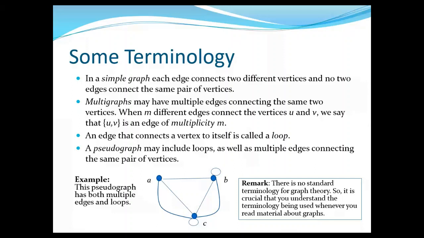Again, just a summary. Simple graph, we only have one connection, one edge between vertices. Multigraph, we have multiple edges between vertices. And pseudograph, multiple edges between vertices and a loop. Okay, so that's pseudograph, multigraph, and simple graph. Okay, now